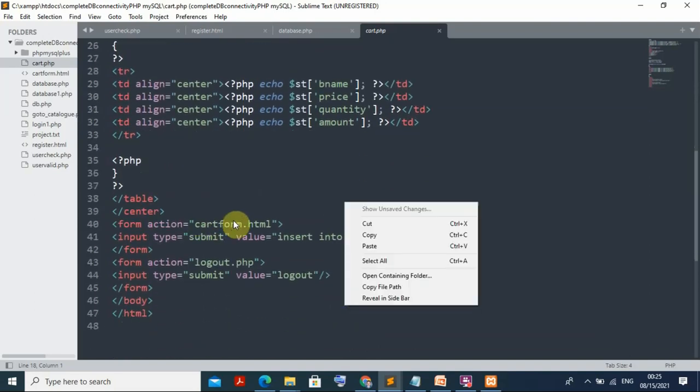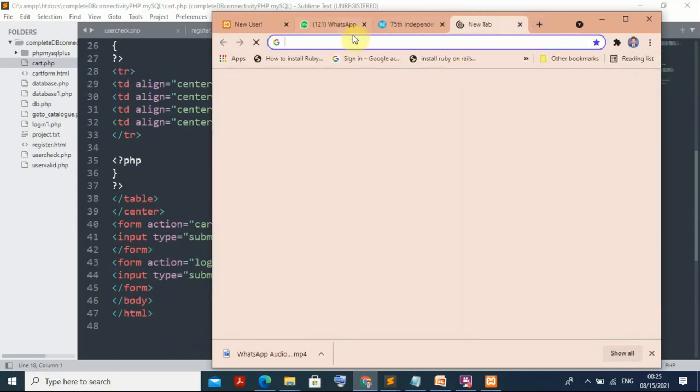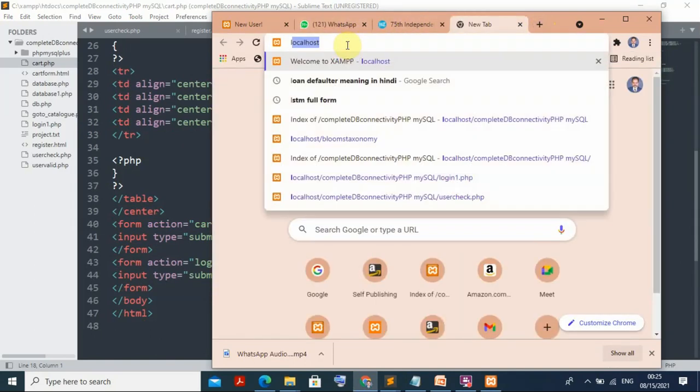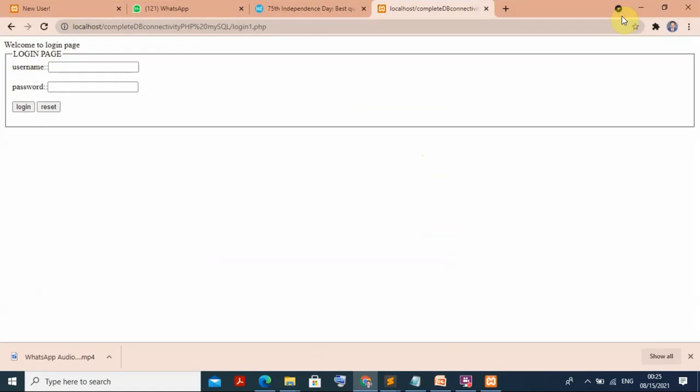Then I am just putting the table here and all the things. So now we can understand the entire thing. It is possible using all of this. Then we go for execution of this program. So you can see how I am going for the execution. Finally I can type here localhost, MySQL login form.php. Can you see, a beautiful page is appearing.